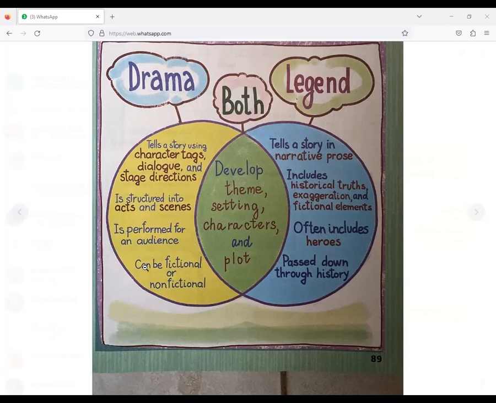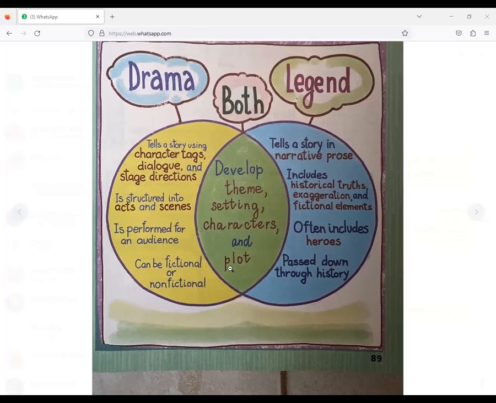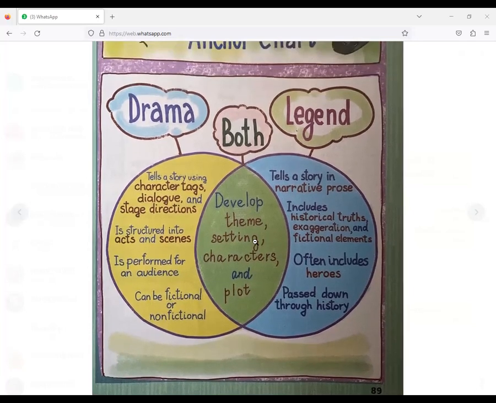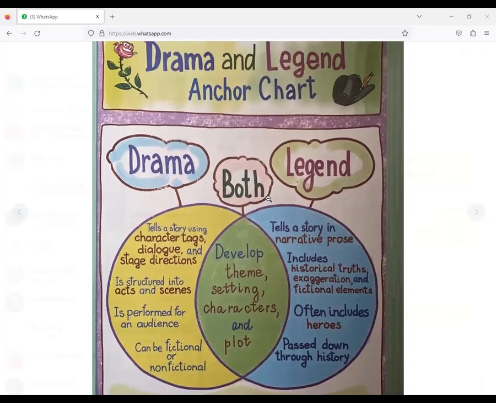Yes, Dana? Mr., can you open a video from Google or Microsoft, because I don't understand what they mean by act or scene. Okay, then I'm going to show you.